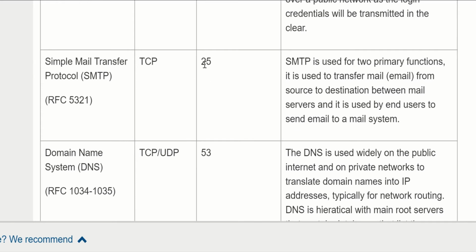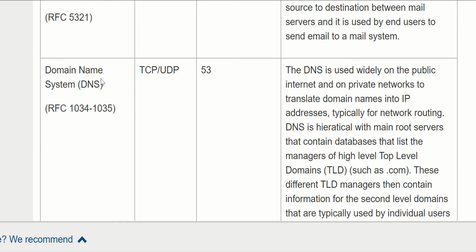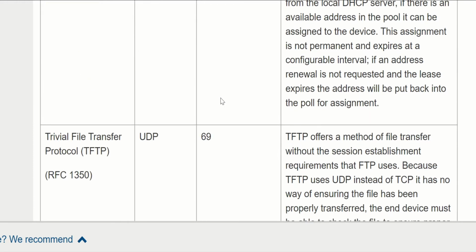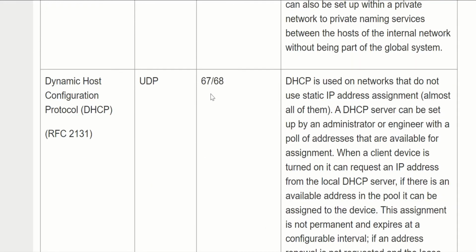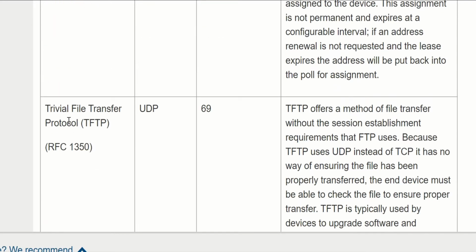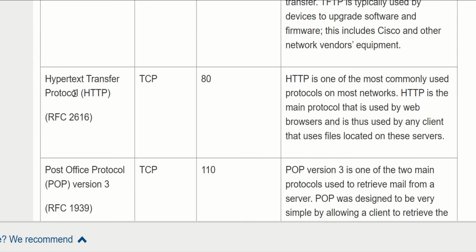SMTP 25. The answer for our question is 25. Domain Name Server, DNS, 53. DHCP 67 or 68. If the option contains both, you can give any one answer. Both will be valid.